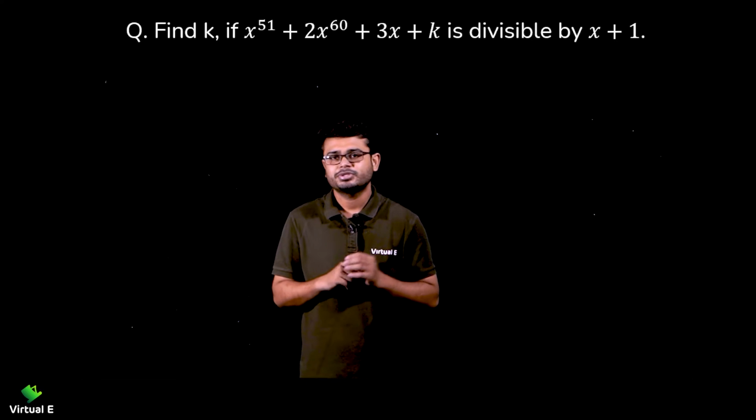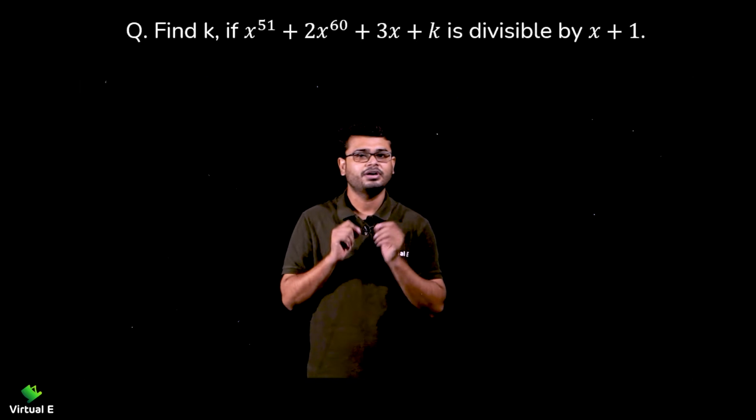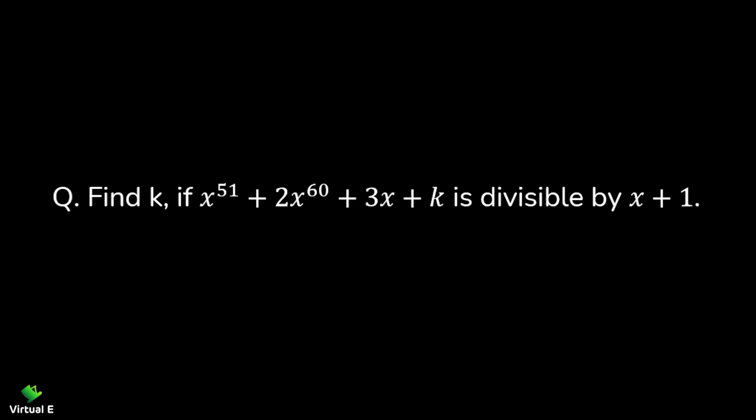Let's do a very interesting question related to the remainder theorem. We are going to find the value of the unknown which is given in the polynomial. Let's start. Find k if x raised to 51 plus 2x raised to 60 plus 3x plus k is divisible